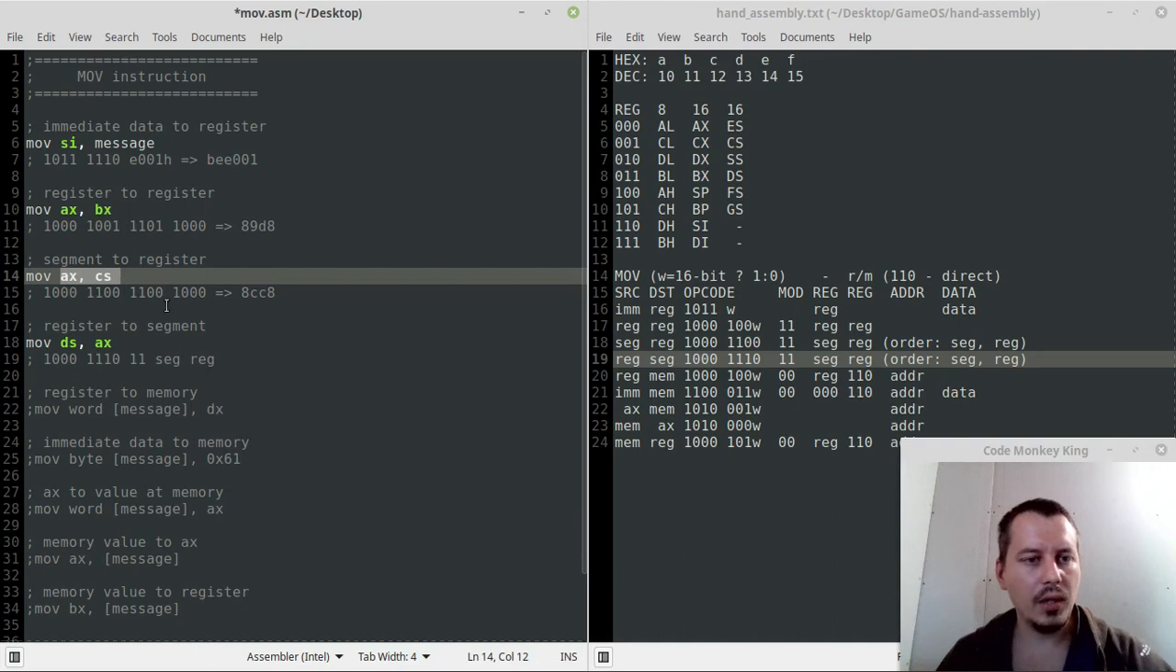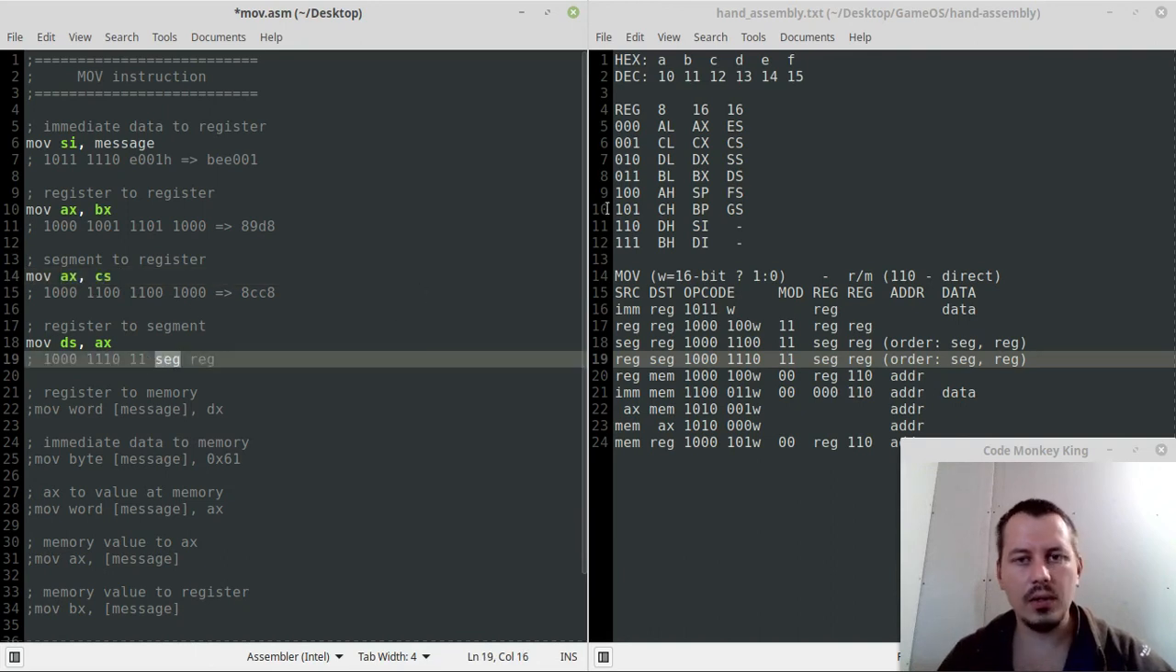So DS, where is the DS? Here is the DS, 011. So here we can say 011, and AX is 000, so here we have 000. Okay, now let's adjust the layout, and eventually we'll come up with